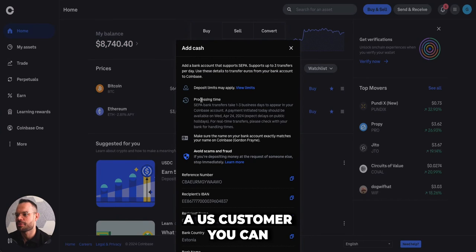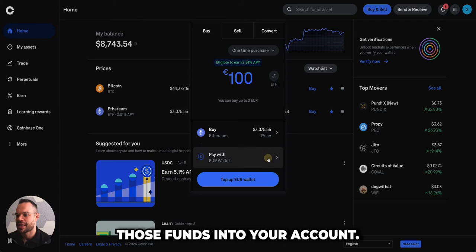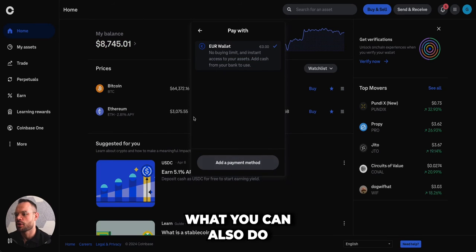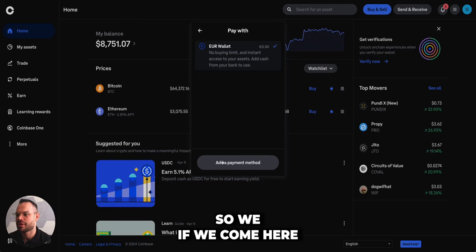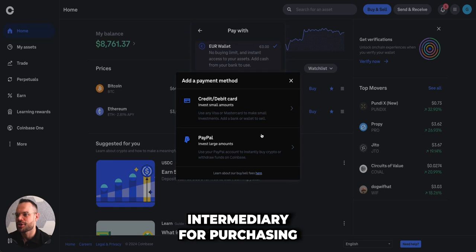However, if you're a US customer, you will see the account number and routing number here when you click on top up your US dollar wallet. It will then allow you to send a wire transfer and get those funds into your account. What you can also do is add an additional payment method. So if we come here and click on add a payment method, you do have the option to purchase with a credit or debit card or use PayPal as a third-party intermediary for purchasing or adding funds to your wallet